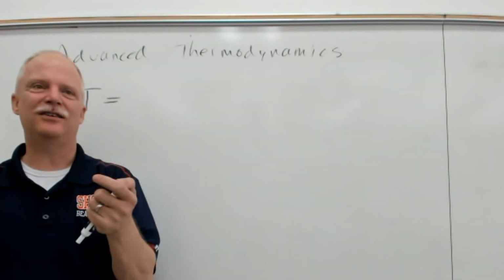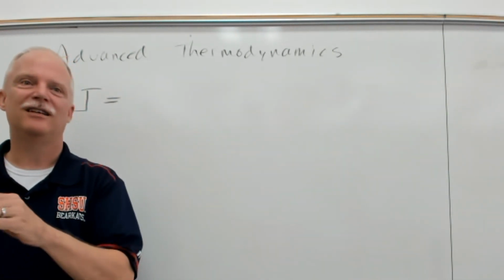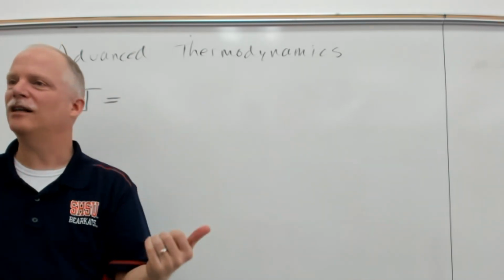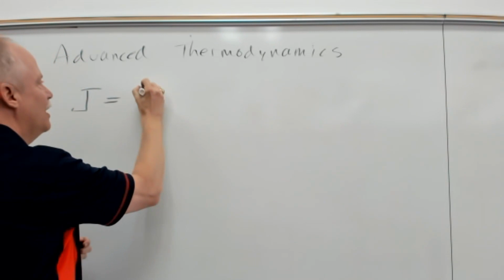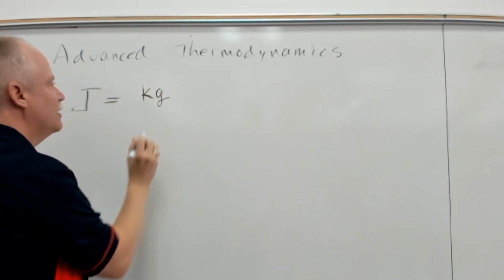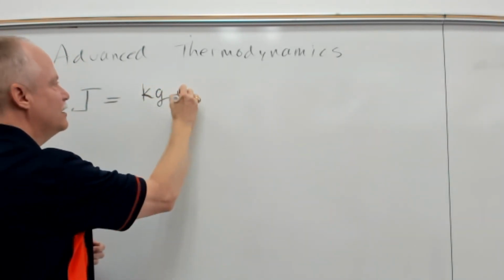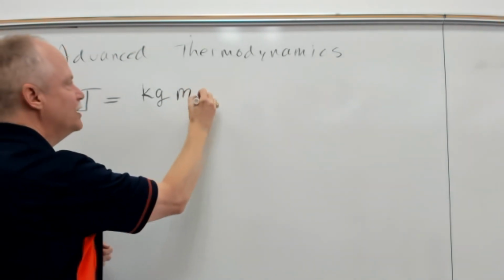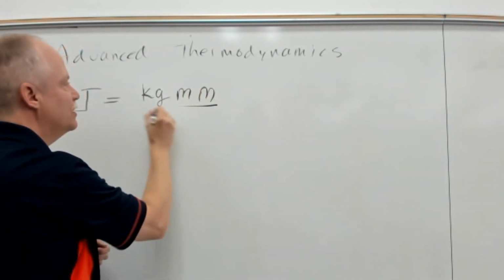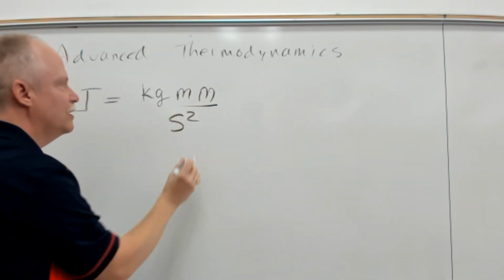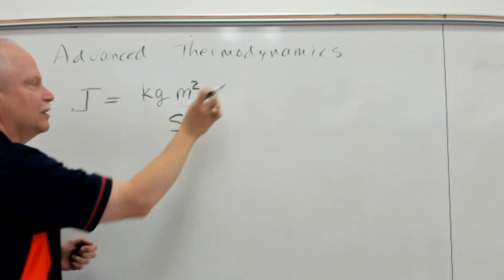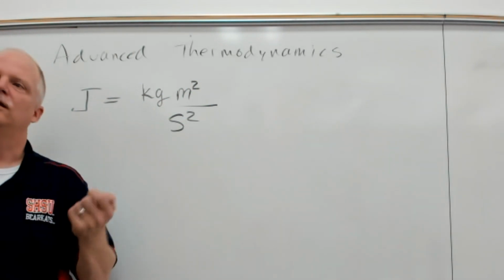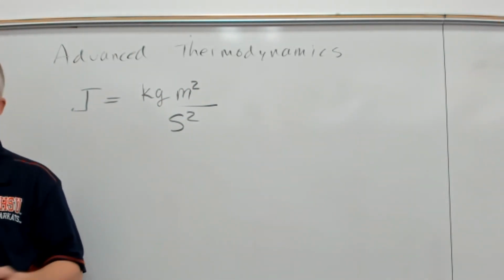Gravity, which has the units of acceleration, which would be meters per second squared. And so we can work this out. We're lifting a mass a certain distance against gravity, which has the units of acceleration. So kilogram meters squared per second squared. So that's work. That's energy. It's like